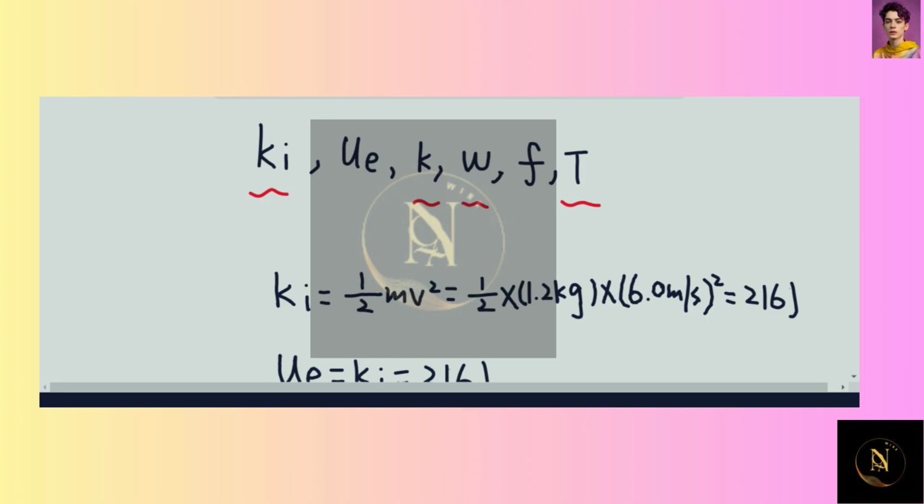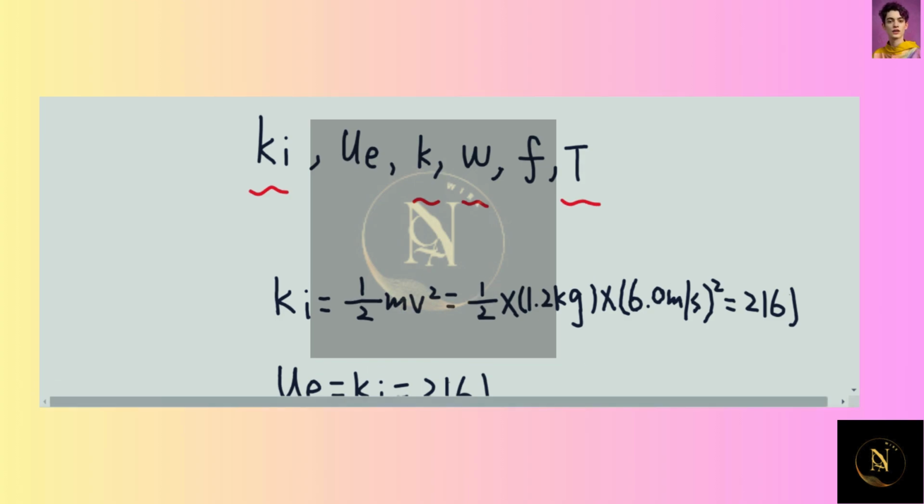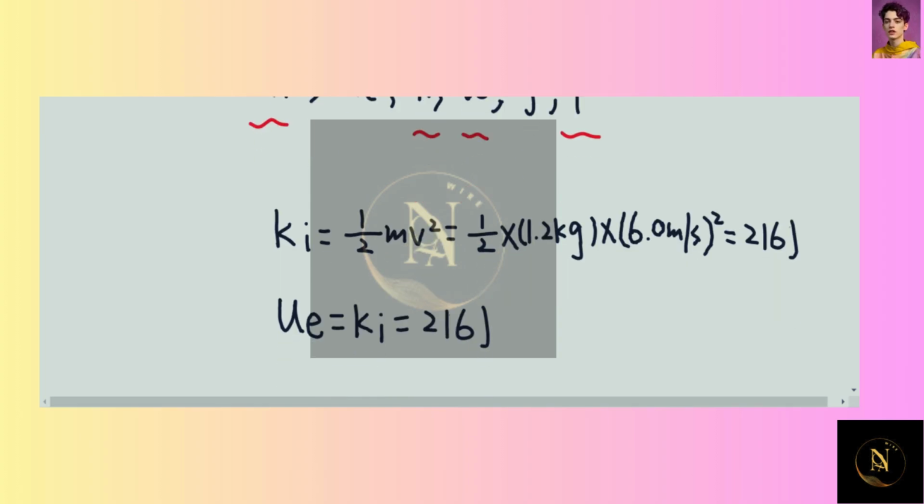to be determined. Okay, so therefore we know the initial kinetic energy is equal to 1/2 mv squared, which is equal to 1/2 times 1.2 kilogram times 6.0 meter per second squared. And this will give us 216 joule. And according to the energy conservation law, the elastic potential energy should be equal to the initial kinetic energy, which is equal